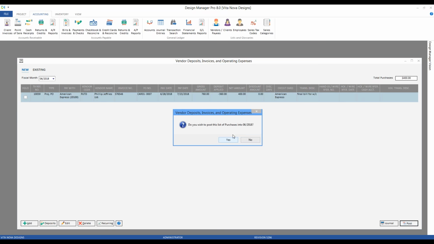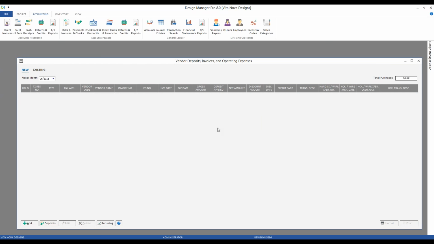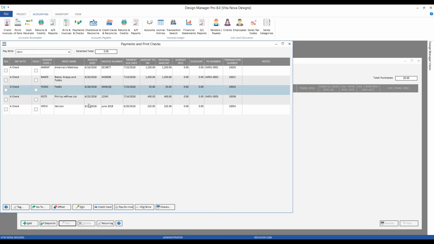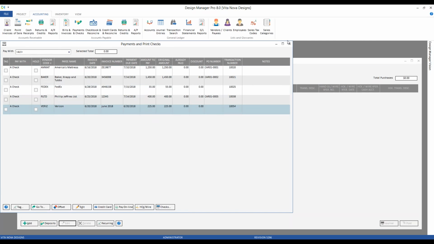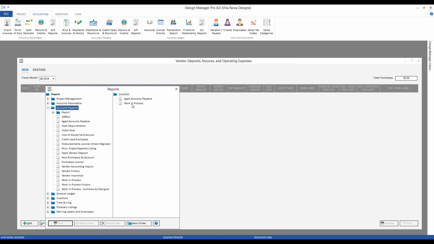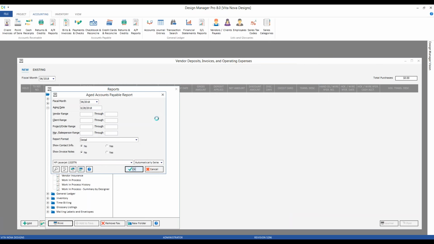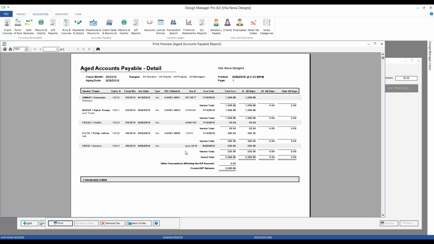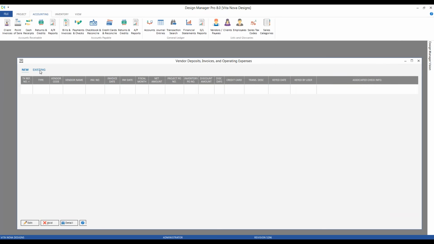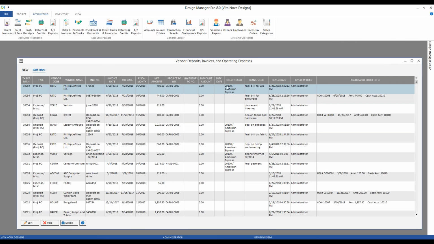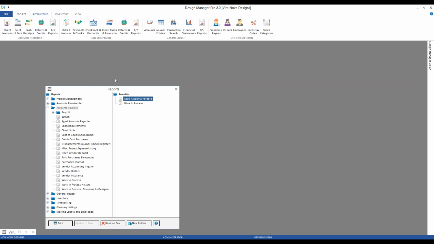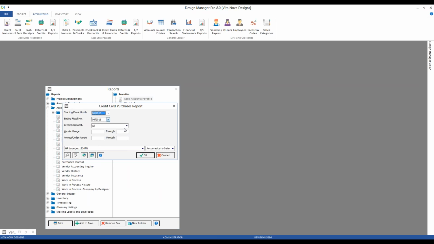Now, if we post our invoice in this case, what we won't see on our payments and checks window, we don't see that bill listed there, nor do we see it on the accounts payable report. Right? Because recall, that was purchased with our American Express credit card. We will see it on our credit card purchases report,